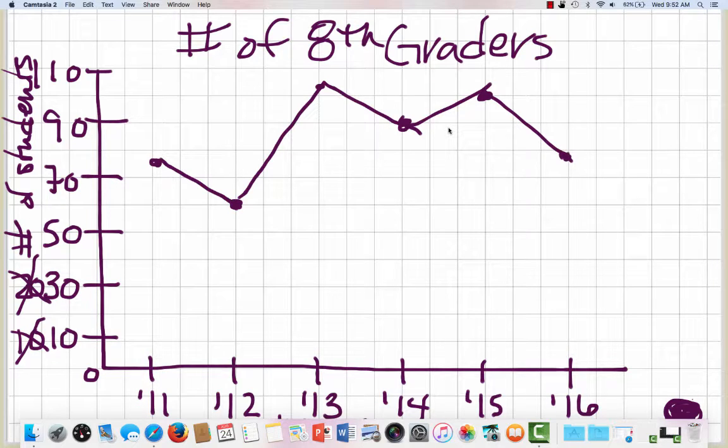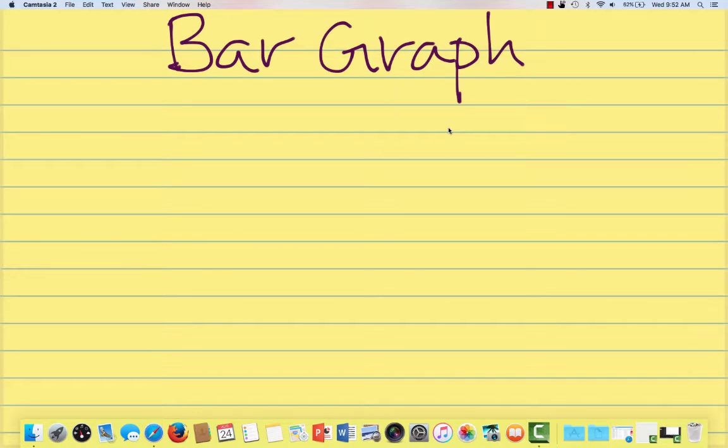Going back to my other page, let me go back to my paper that I was using before. Next one that we are going to talk about is a bar graph. You guys are doing this one in order to track your root information, your root scores, and we're going to do that all year. But bar graphs, the reason that you're choosing it is because they compare groups